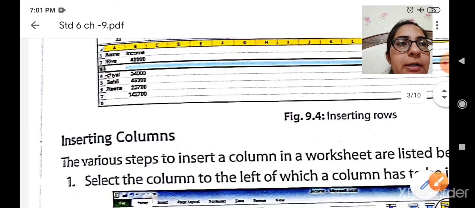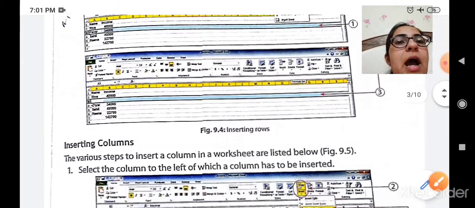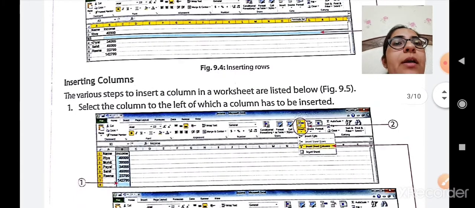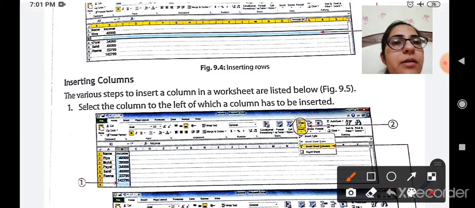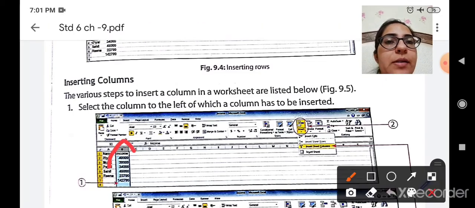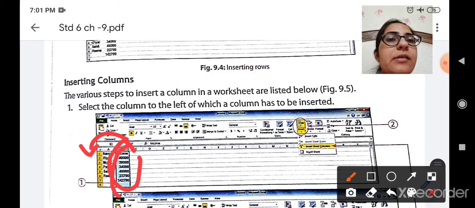Okay, so now let us see how to insert a column. Various steps to insert a column in the worksheet are listed below. First, you have to select a column to the left of which a column has to be inserted. For example, here we want to insert an empty column before B. So you have to select this B column.